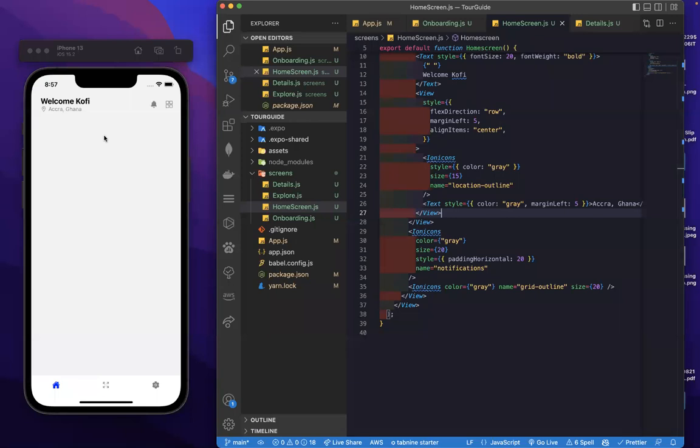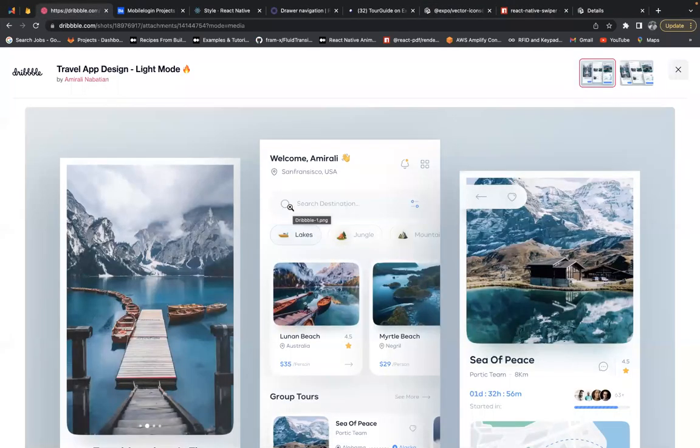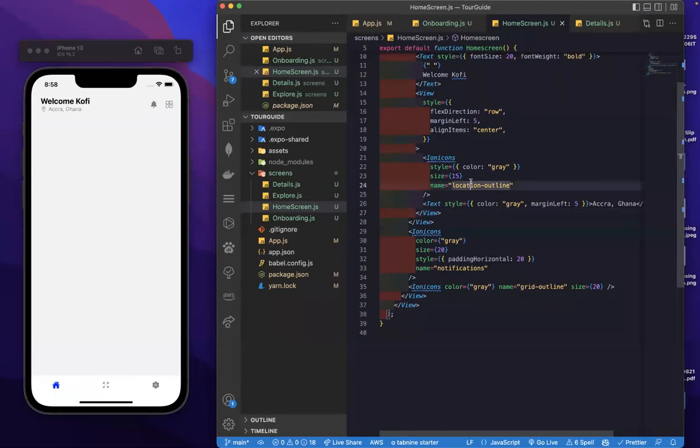Okay, so we have this. So we have our top view here. We've designed our top view here. The next thing is the text inputs. I think so far we've not done any text input, right? So what I'm going to do is, in Android Studio, we did